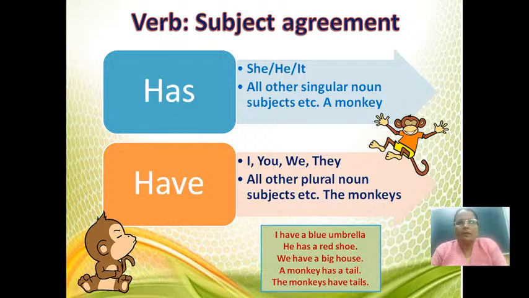Listen. We use I, you, we, they and other plural subjects. If we are using plural subjects, then we use have with it. We use have with I, you, we, they and with all the other plural nouns when it is a subject. Okay. For example,